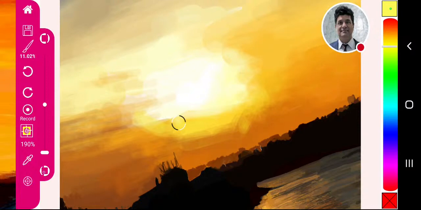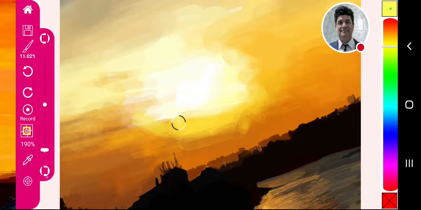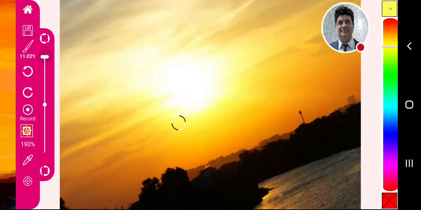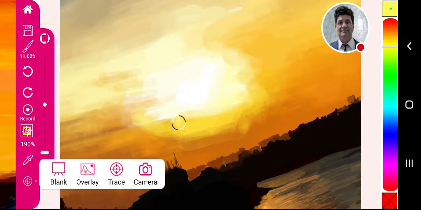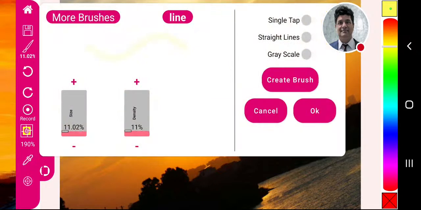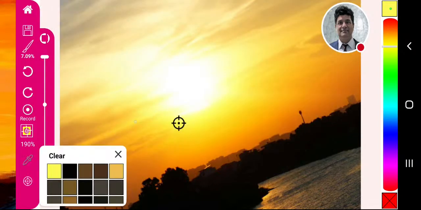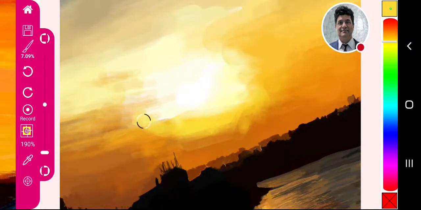Ooh, that's a little too. So I'm just going back and forth. So we get that streak of light there, the yellow, and then just remember to keep